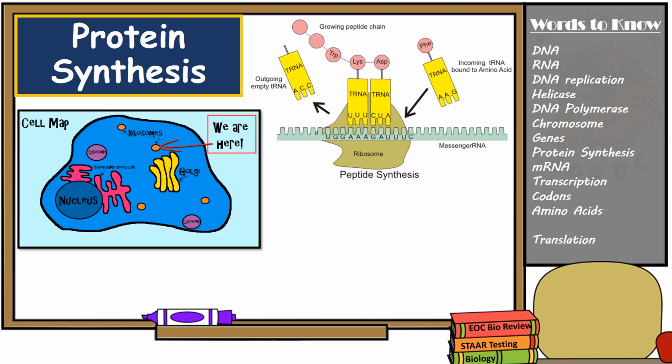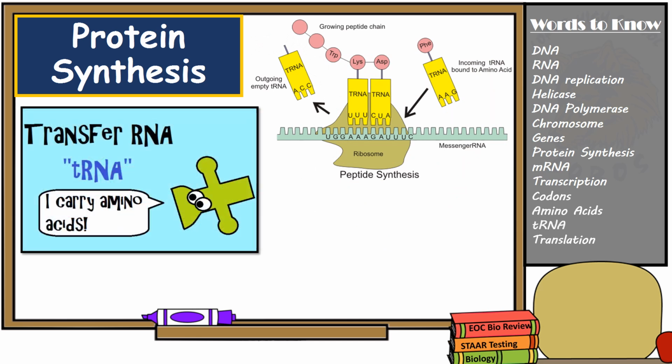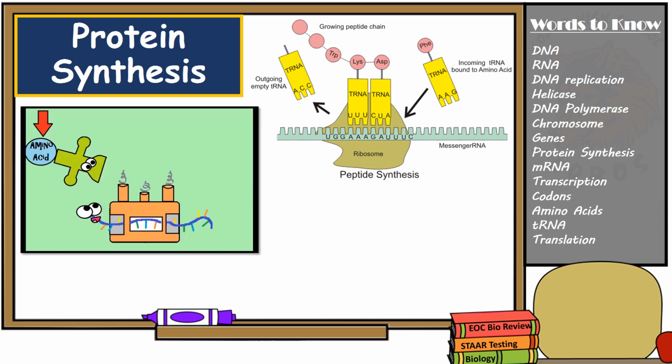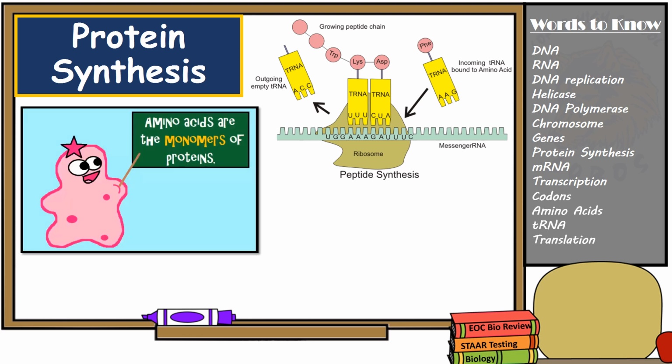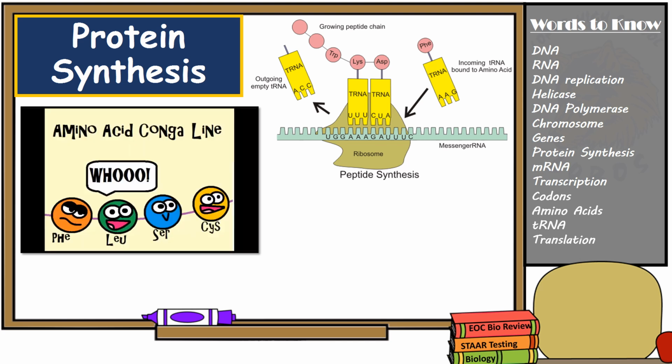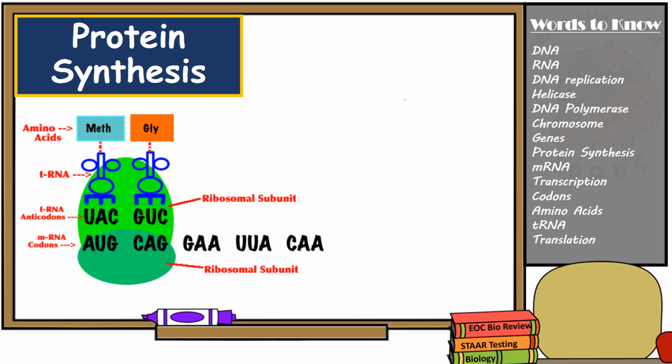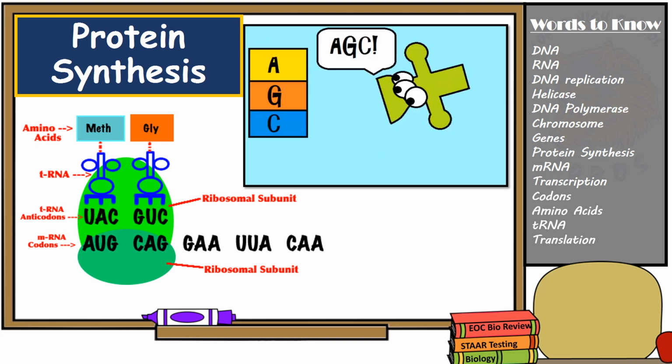mRNA will attach itself to the ribosome, where tRNA, also known as transfer RNA, carries amino acids to the ribosome so that they can be joined together to make proteins based on the codon sequence found in the mRNA. Now, in order to translate this code, mRNA codons must join with the correct anticodons on the tRNA. An anticodon is a set of 3 nitrogenous bases on a tRNA molecule that is complementary to the codon on